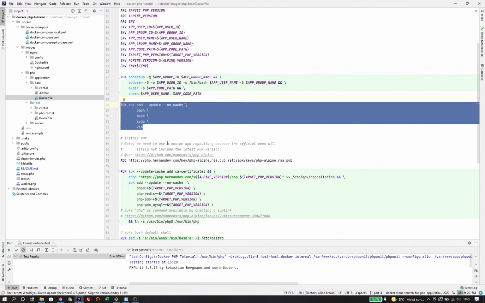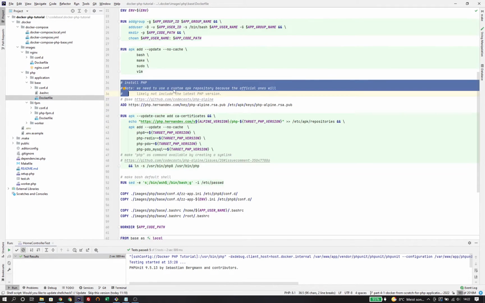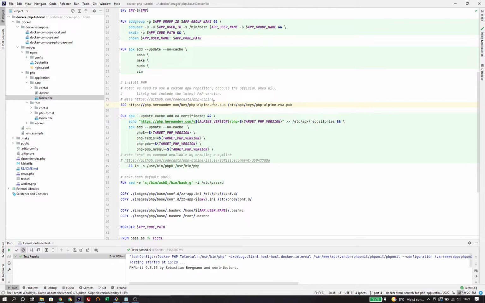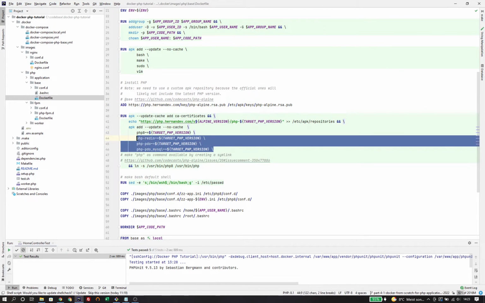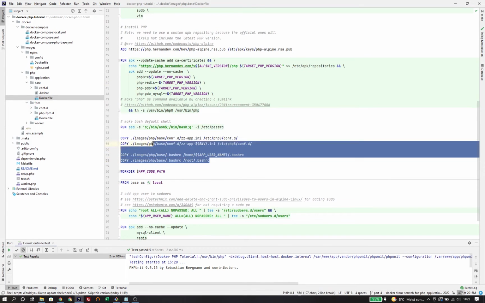Next thing, install some common software in the image. And then we see the Codecast PHP Alpine repository in action. So we basically use that to install the latest version of PHP and also the corresponding extensions. Afterwards, just some general